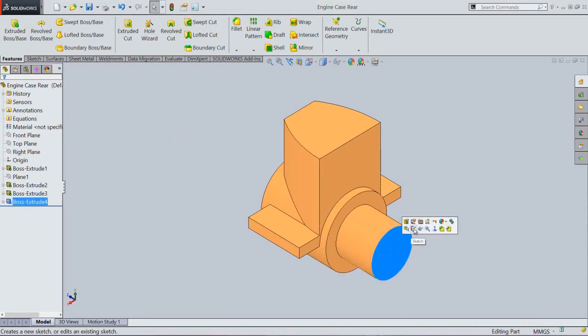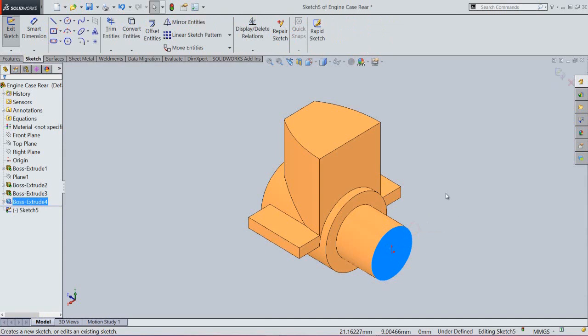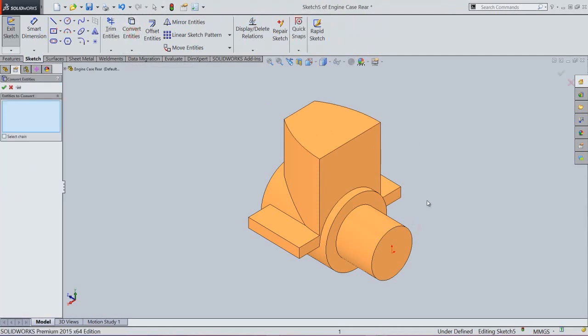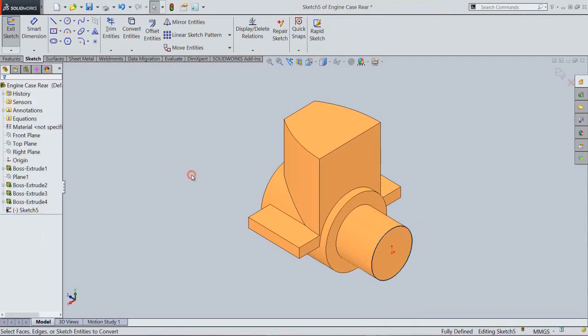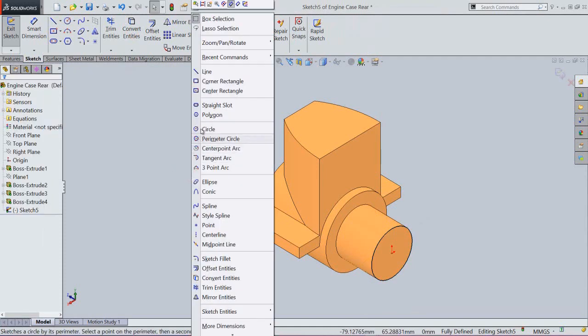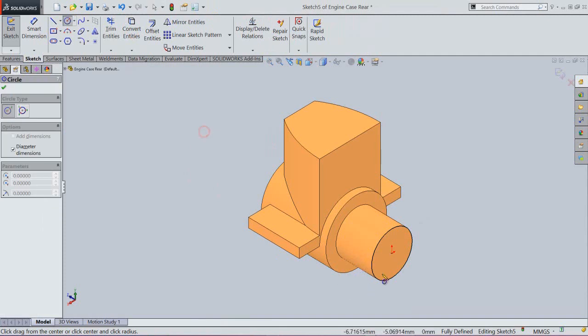Create another sketch on this cylindrical face. Now we will activate the convert entities command and take the projection of this edge. OK. Now activate the circle tool. Start the circle from this point.